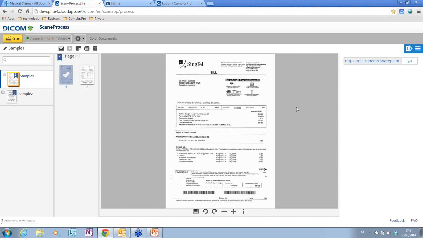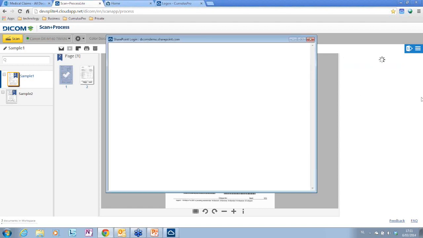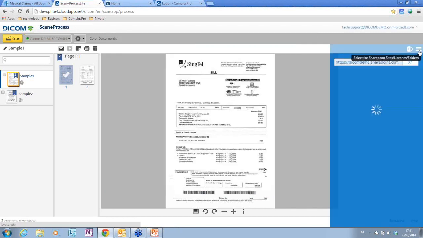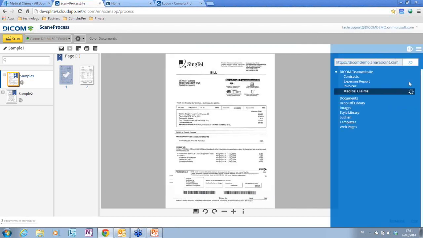So what I'm going to do now is I'm going to put this document into our medical claims part. This is only for SharePoint. What I do now, I have to have a double login basically. So what I do now with that is that I pull in the whole taxonomy out of the online SharePoint,